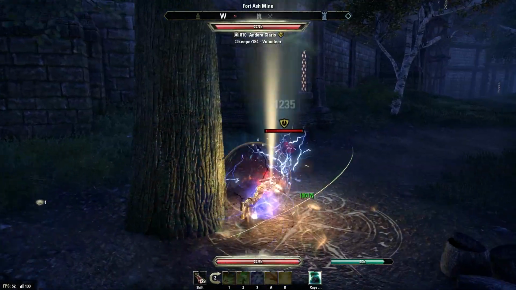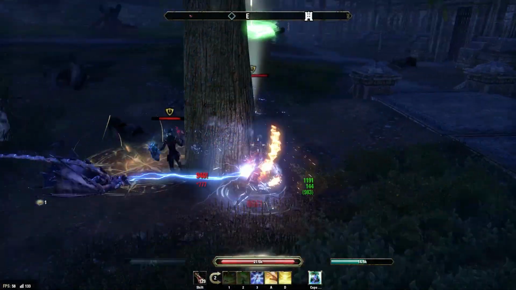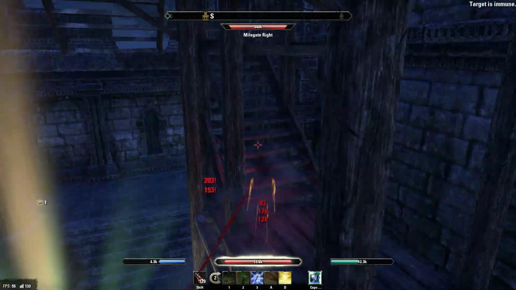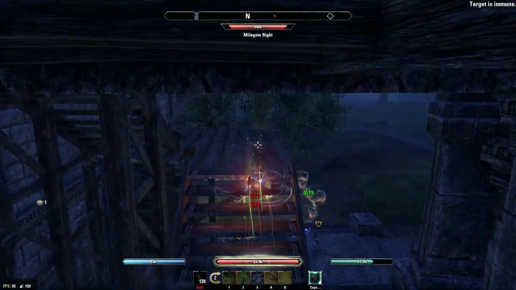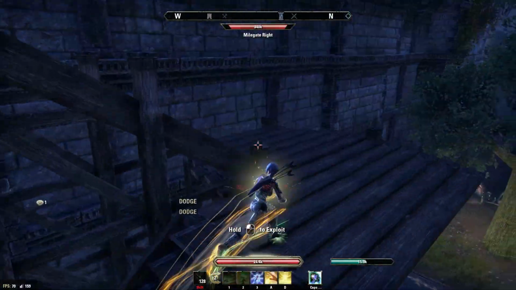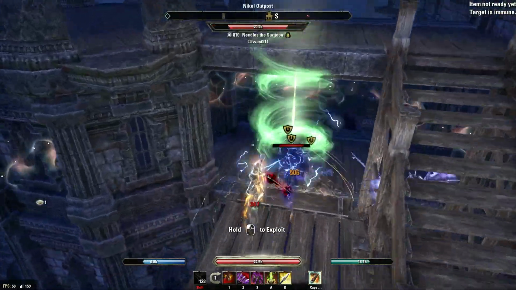Hello and welcome to my 2020 class tier list for the Elder Scrolls Online. We're going to be taking a look at all of the classes in the game, Magicka and Stamina, and talking about how they stack up against each other in PvP, what their strengths and weaknesses are, and what roles they